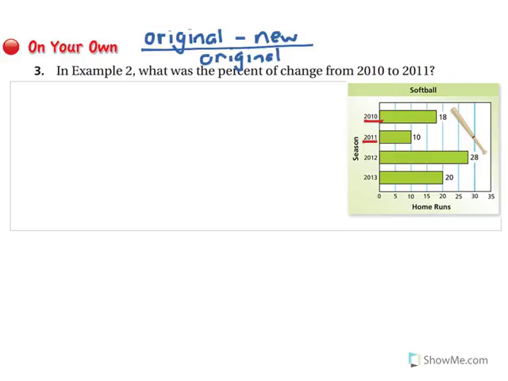So we're going to have 18 minus 10 over the original, which is 18. So we have 8 divided by 18, which is approximately